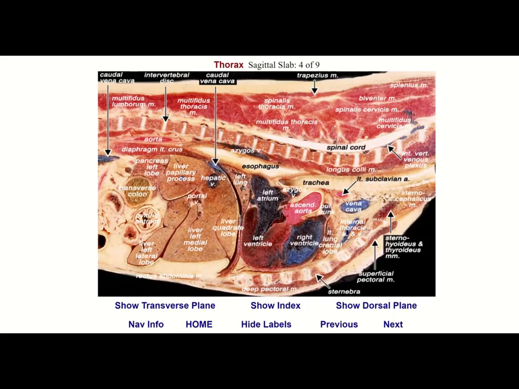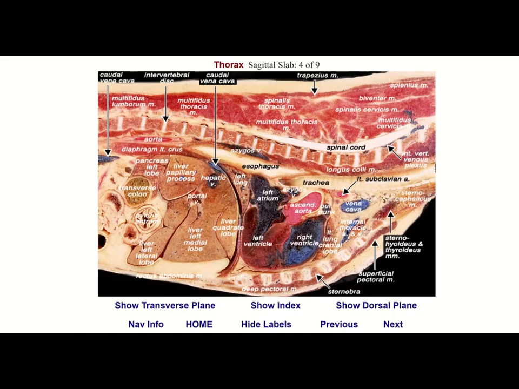There's the trachea, left atrium, right atrium, left ventricle, vena cava. It's still got all the blood in it. You might say, why is the vena cava that color? Because that's blood in there. Then we've got, like I said, in some places a diaphragm, they don't have it really labeled right here. But then lobes of the liver,